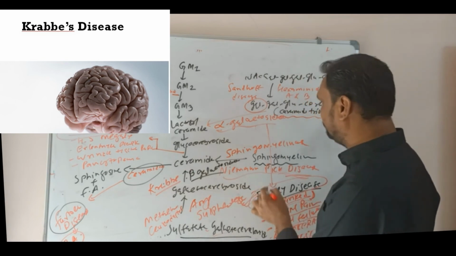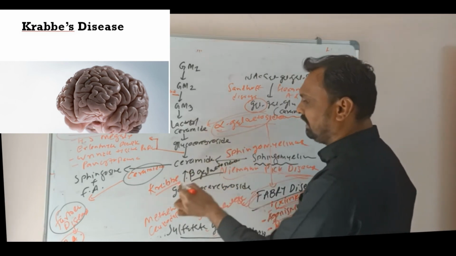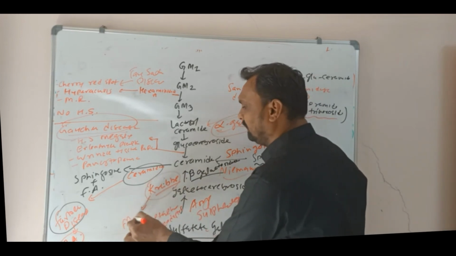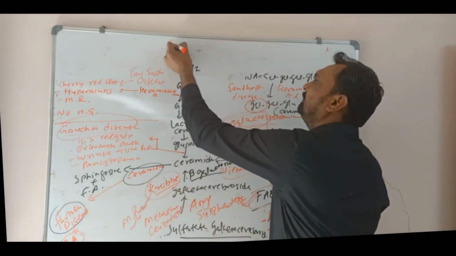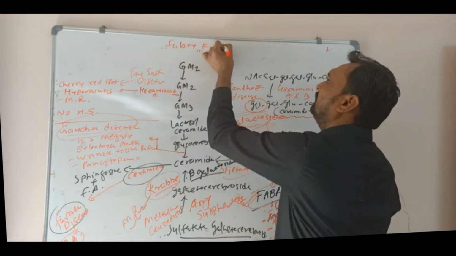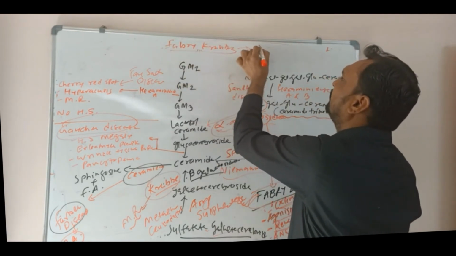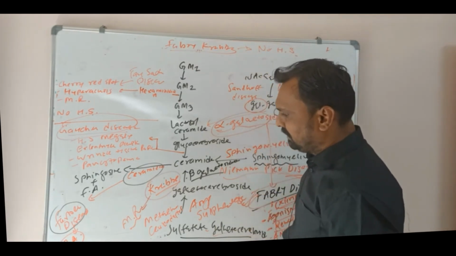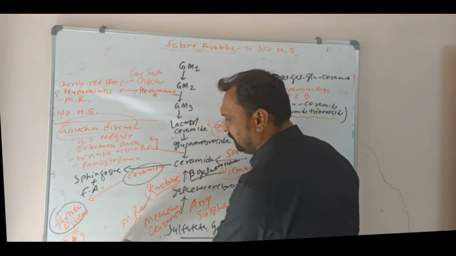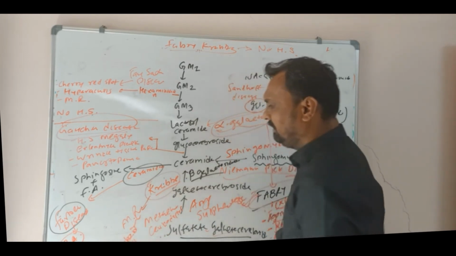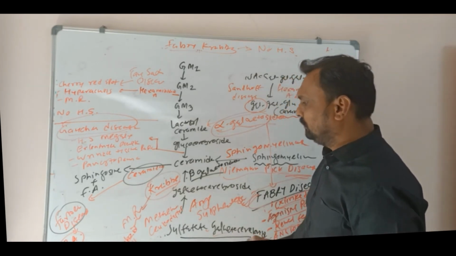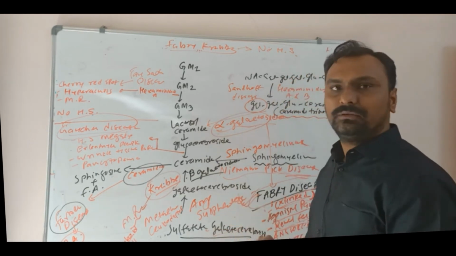In Fabry disease, the alpha galactosidase enzyme is deficient. In Krabbe, the beta galactosidase enzyme is deficient. And in Krabbe disease, mainly mental retardation will be seen. In Fabry and Krabbe, okay, they will mainly affect the CNS, so there will be no hepatosplenomegaly. Okay, in case of Fabry and Krabbe disease. And there will be globoid cells seen. So globoid cell leukodystrophy is seen in case of Krabbe disease. Okay. So this is all about the lipid storage diseases.